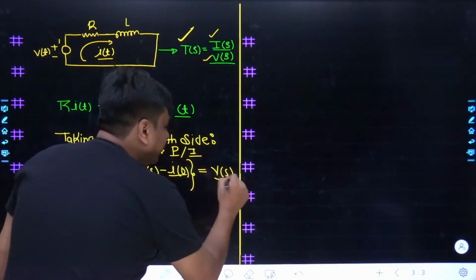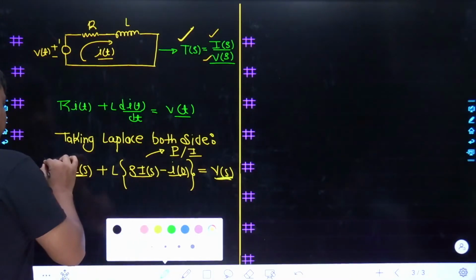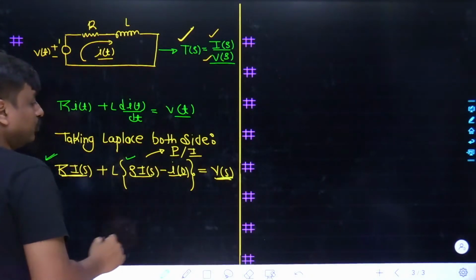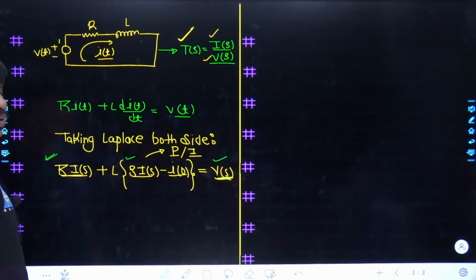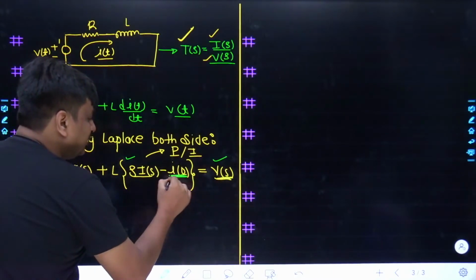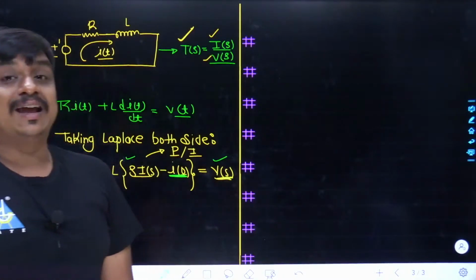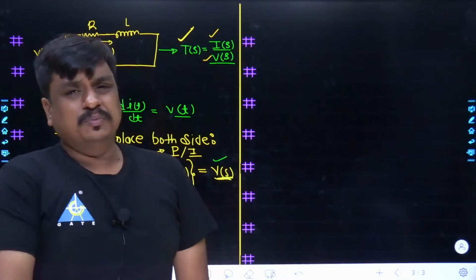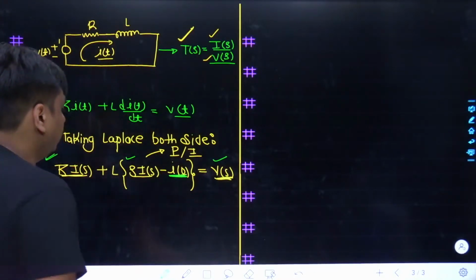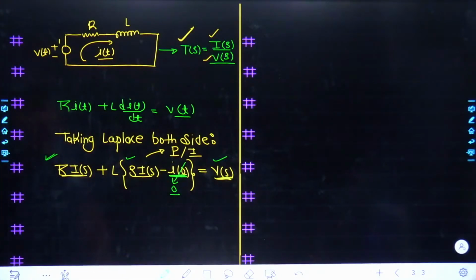And similarly towards the right hand side also we have got the V of s. So this term was okay, at least for the calculation of the ratio between I(s) as well as V(s). This term was okay and this term was also okay. So what we had to do, we had to drop this term out. There is no other way. And this term is the initial condition, the initial current over the series RL circuit at t equals 0 minus, which becomes the same as i of 0 plus. Could you understand? So deliberately I need to drop this out, and once we drop this out,